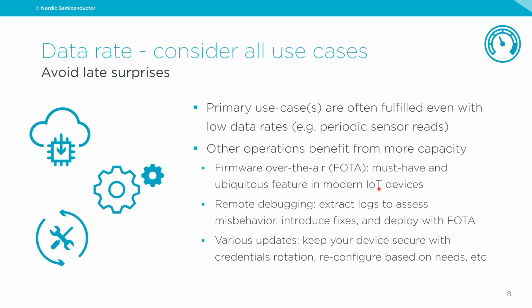And if you don't have the data rate capacity to meet this need, it means that it's going to take a long period of time, and will also be very draining on your battery, because you'll have to have the radio operating for longer periods as you receive these firmware bits and pieces in chunks. And of course, it takes longer. And if you're using FOTA, for example, to mitigate the security issue, you do want to be able to update these things as quickly as possible and not have to wait days or more to get your devices updated.